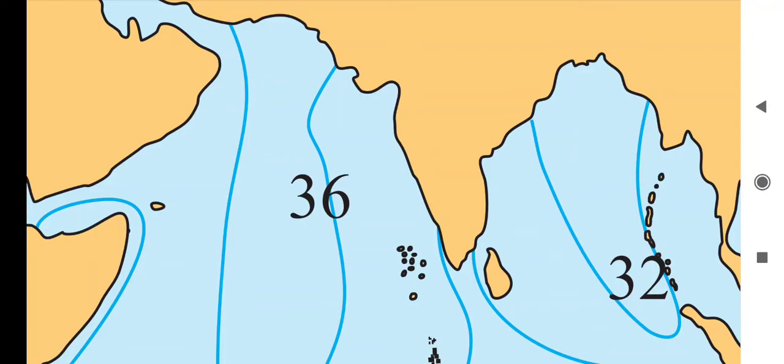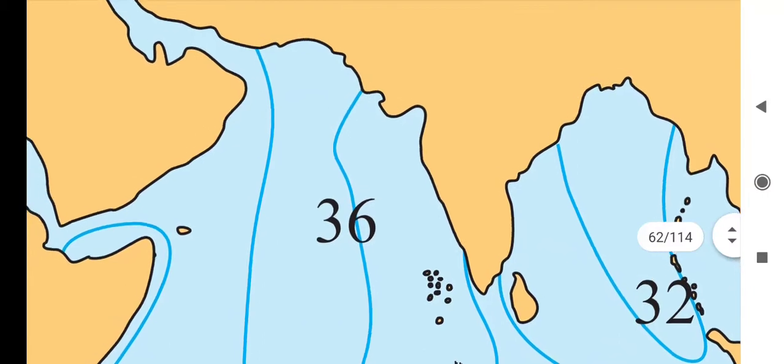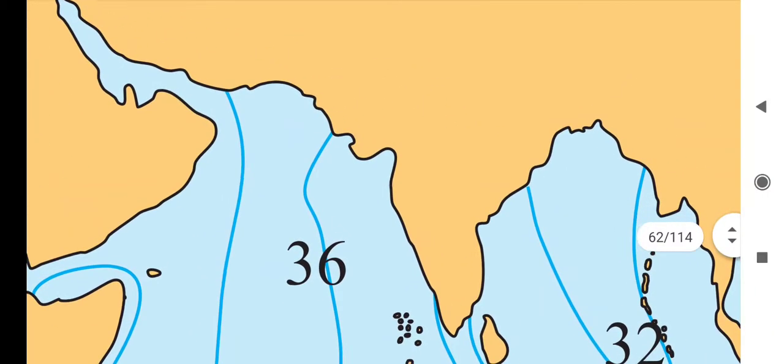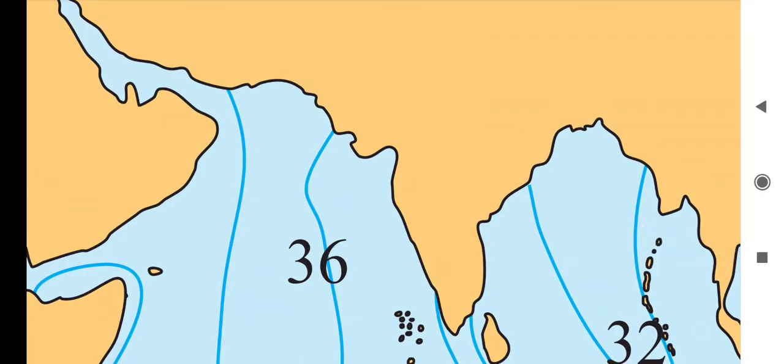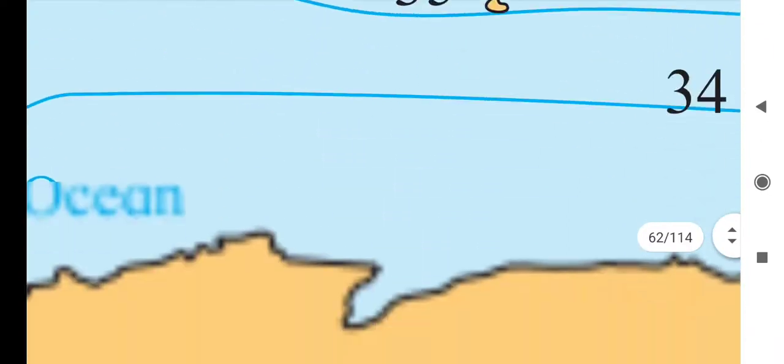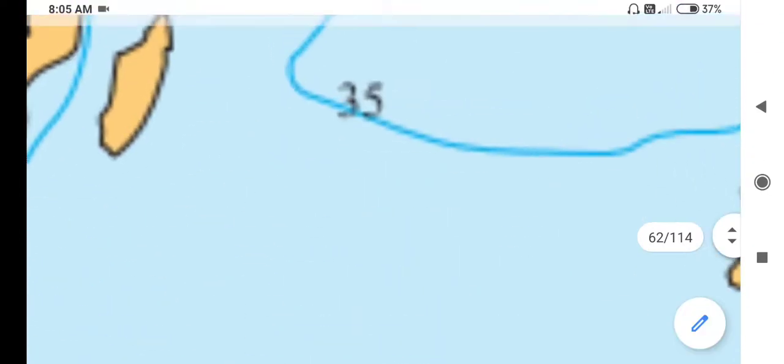So the reason is that, see, in our Himalaya many rivers originate, and the Himalayan rivers, Sindhu, Yamuna, those major rivers, flow and meet the Bay of Bengal on the eastern side. Just the Narmada river meets the western side, one river. And in these places a desert region is there, so due to that, in the western side salinity is more because the supply of fresh water is less in the Arabian Sea. That's why in the Arabian Sea salinity will be more.